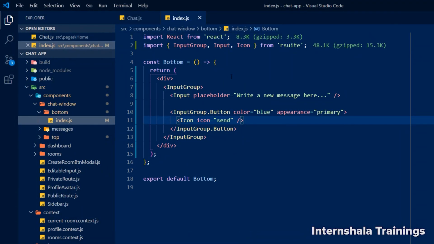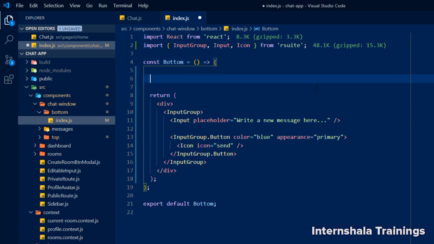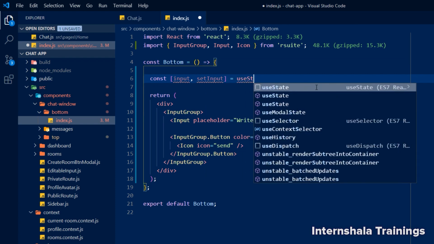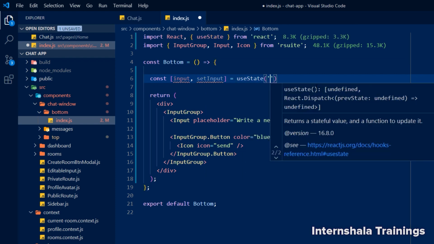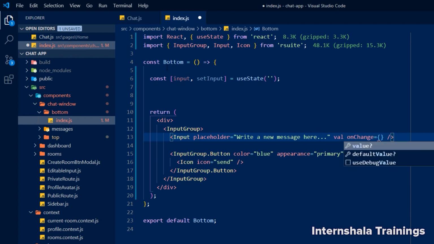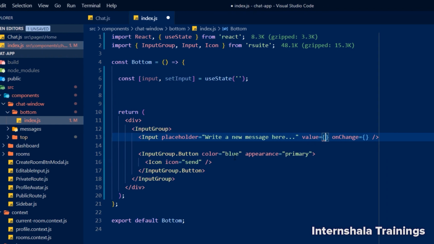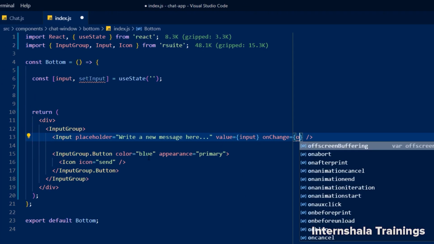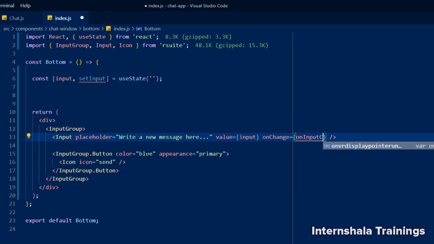Alright, now let's define our functionality. So first of all, we need state. So let's create input and setInput, and by default it will be set to an empty string. Then we need to specify onChange handler for onChange event for our input, and also we need to associate our input with the actual state. So let's define value. It is going to be input, and for onChange event we're gonna specify onInputChange